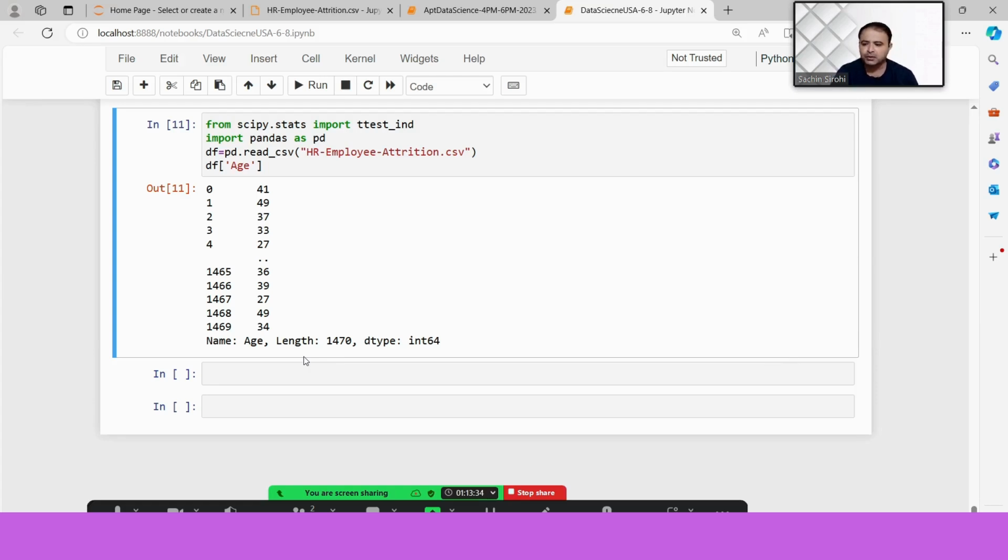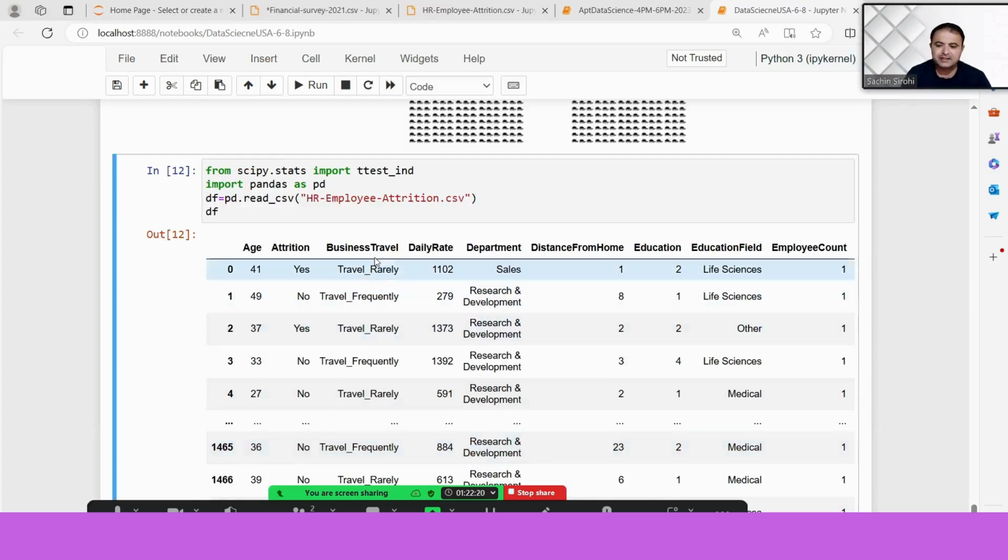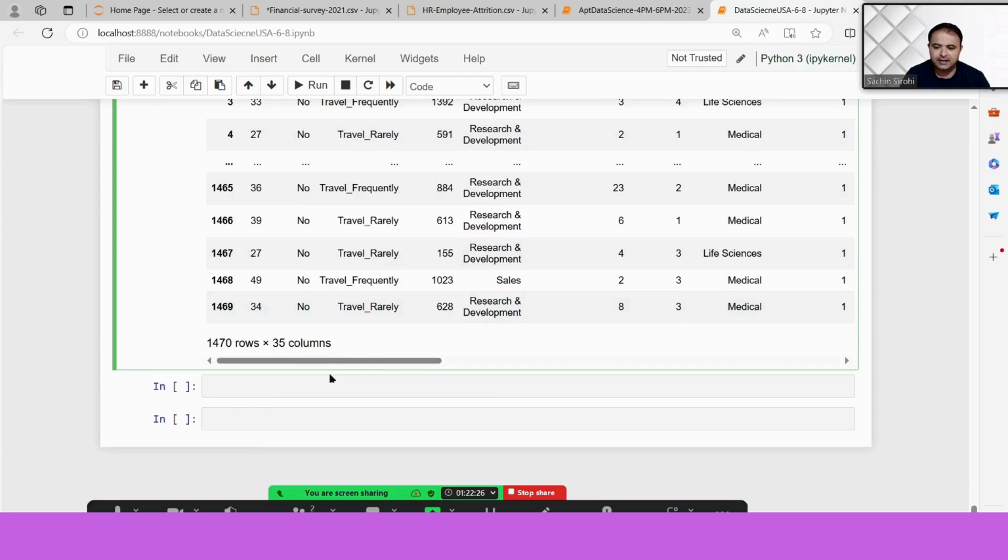You can take two different data sets, or you can take two samples from the same data set. If you want to calculate the mean, you can see we have the one data set, HR employee attrition, and the second we have